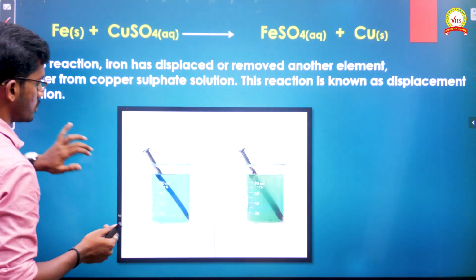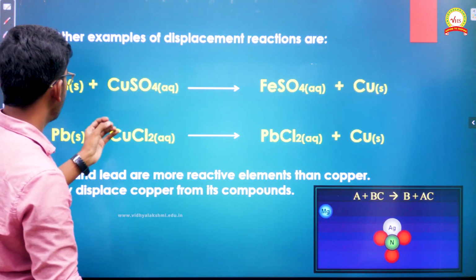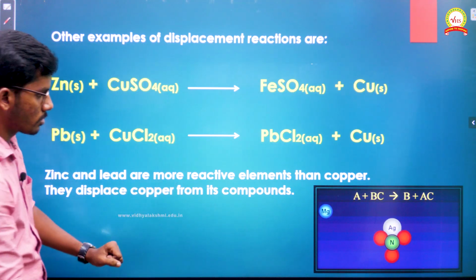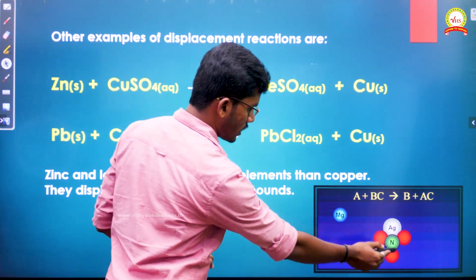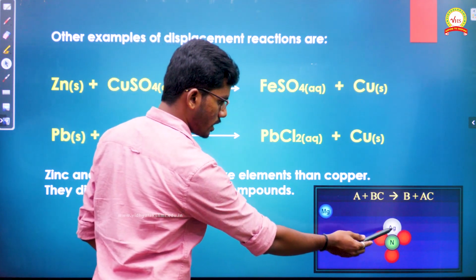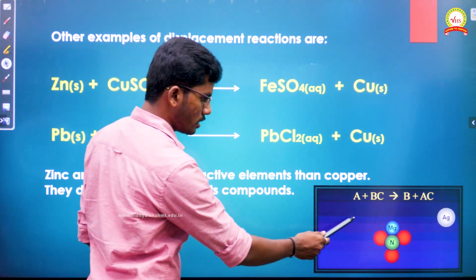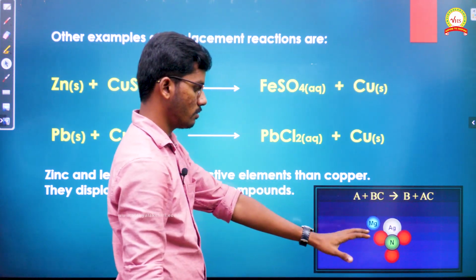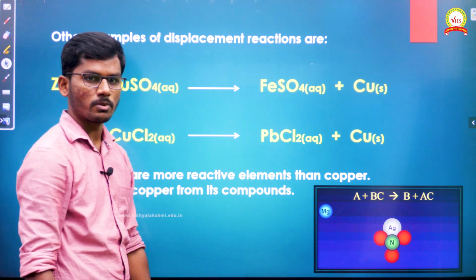And then, so we have just seen what is displacement reaction. A few other examples are also given for displacement reaction. You could see in that image also, magnesium is reacting with silver nitrate. Since magnesium is more reactive than silver, this magnesium displaces silver out of that solution. So this is what we understand as displacement reaction.